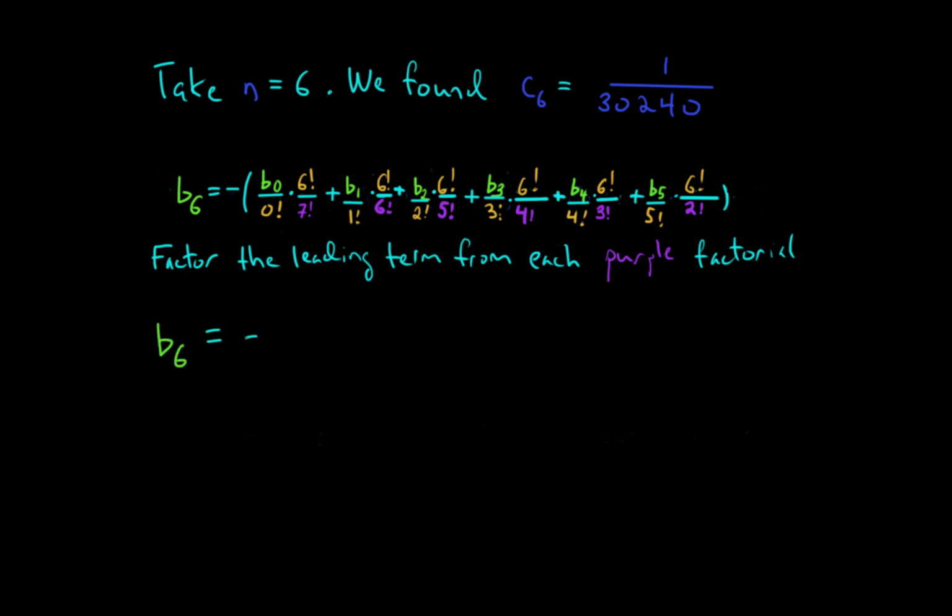So then I'll have b sub 6 equals negative, open parenthesis, b sub 0 over 7, that's the leading term that I factored out from 7 factorial, times 0 factorial times now 6 factorial, plus b sub 1 over 6, that's the leading term I factored out there, times 6 factorial over 1 factorial times 5 factorial, plus b sub 2 over 5 times 6 factorial over 2 factorial times 4 factorial,